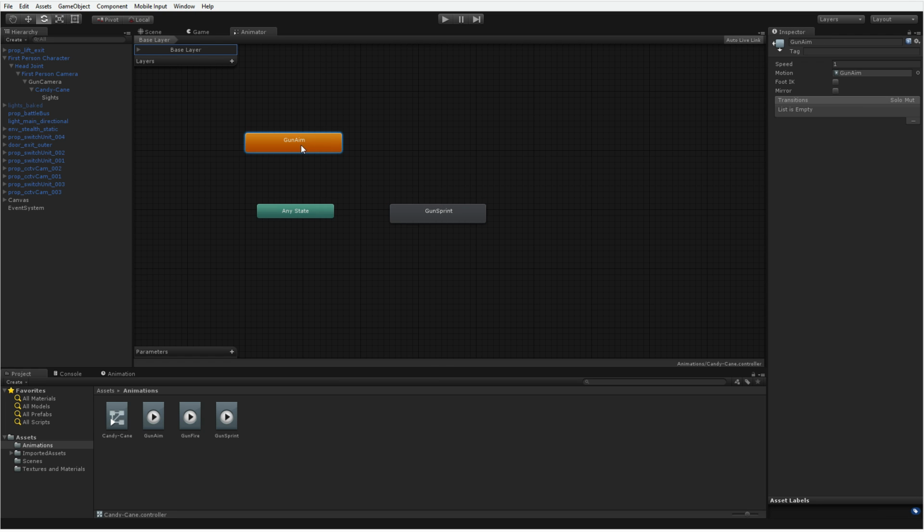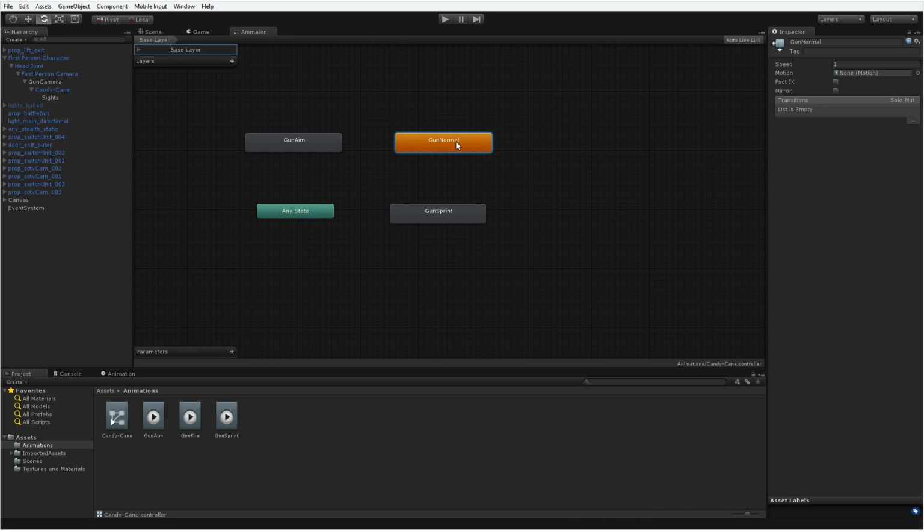You might also notice, well, where's my normal state? What if I'm not aiming and I'm not sprinting? So we're going to create that here. But since that's not an animation, it's just how it is normally, it's going to be an empty state. We're just going to call this empty state here, we'll just say gun normal. There we go. Nothing to it, no motion or anything. It's just our normal state. And I will actually also make that the default.